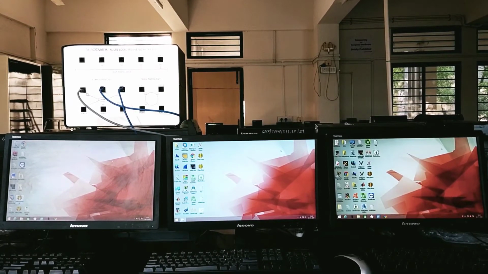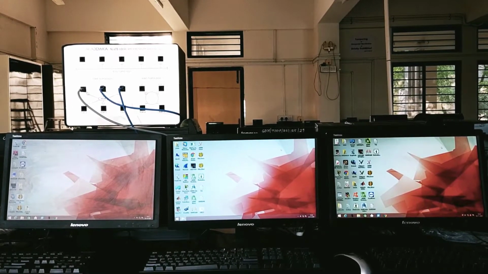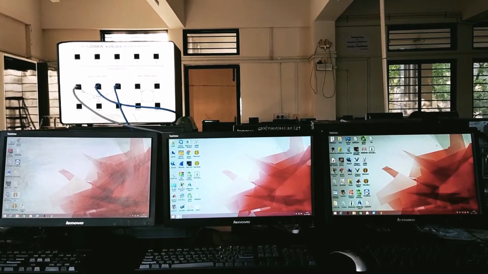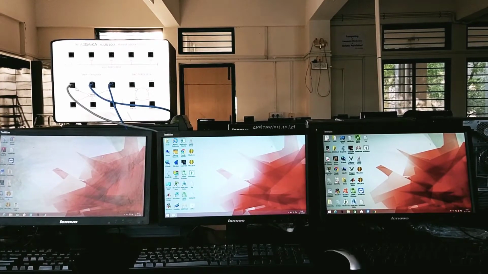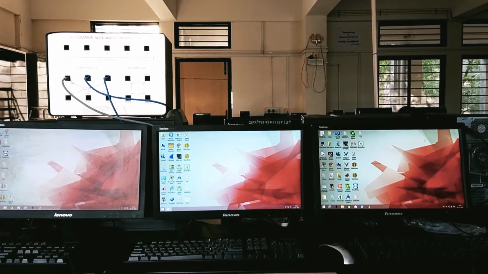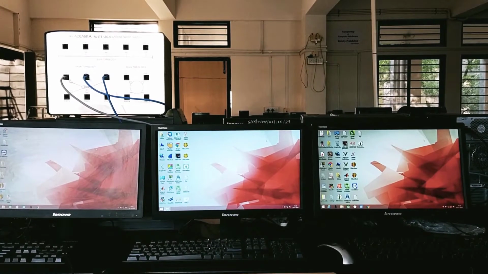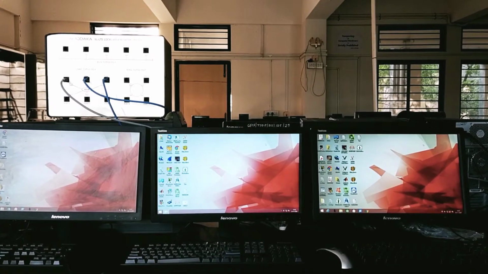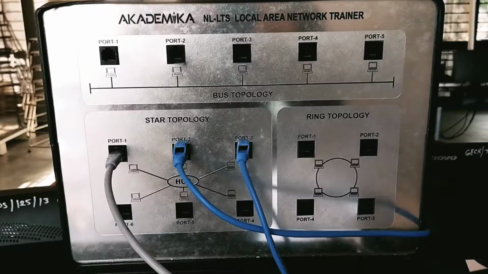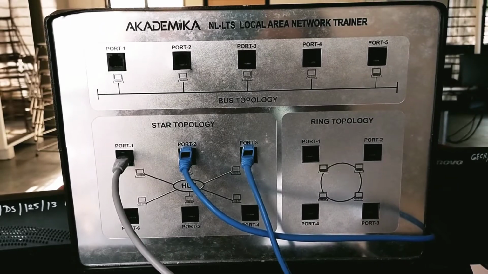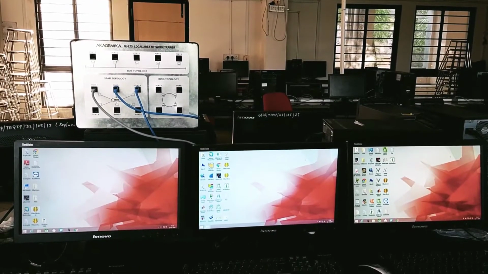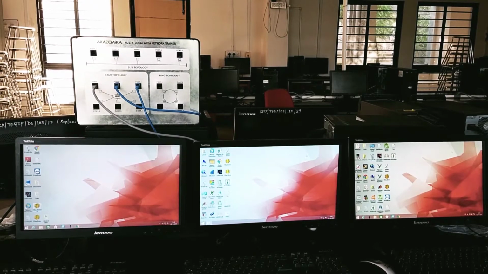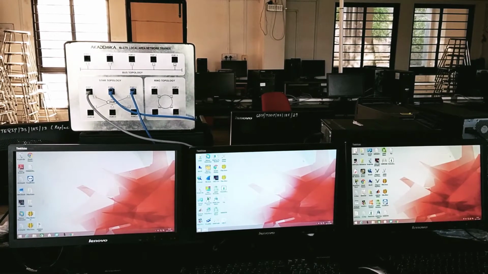As you can see, it is a very basic setup having 3 machines connected in a star topology using LAN cables. The central machine will act as a server and the machines on left and right will act as a client. The respective applications of client and servers are installed on the machines. This is the hardware configuration. LANtrainer system with 3 nodes, 2 clients, 1 server. Server will control the communication.